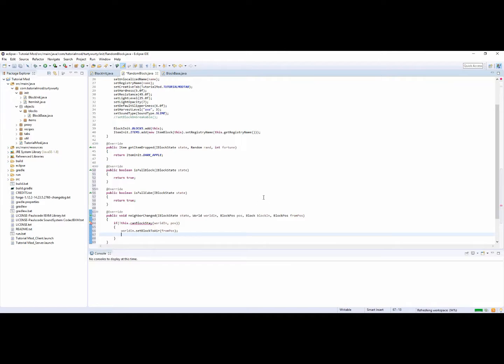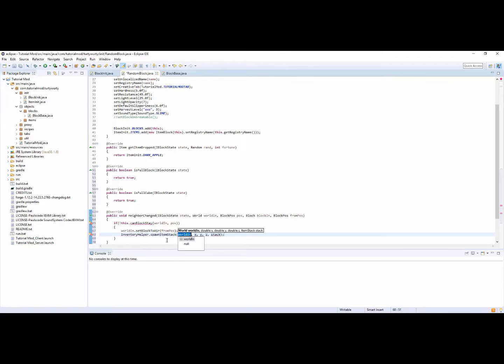So we want it to do inventory helper. You will see this method in later tutorials, on tile entities and stuff. Dot spawn item stack,